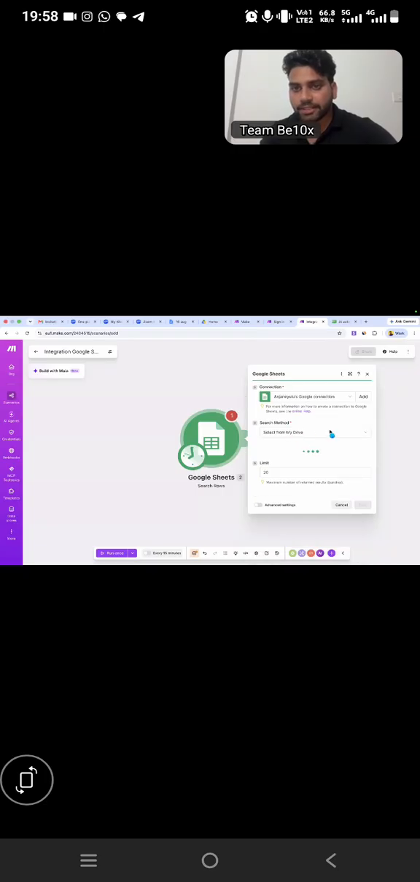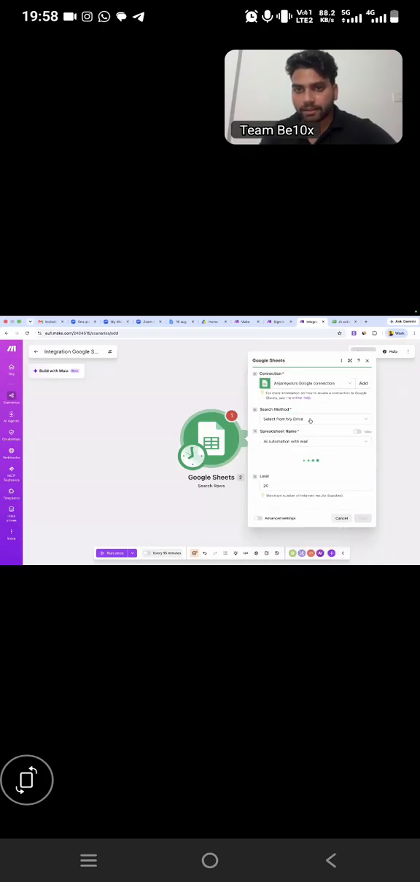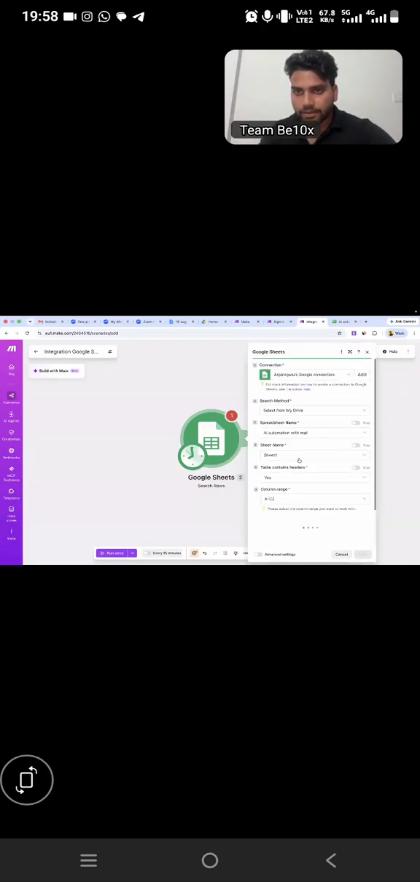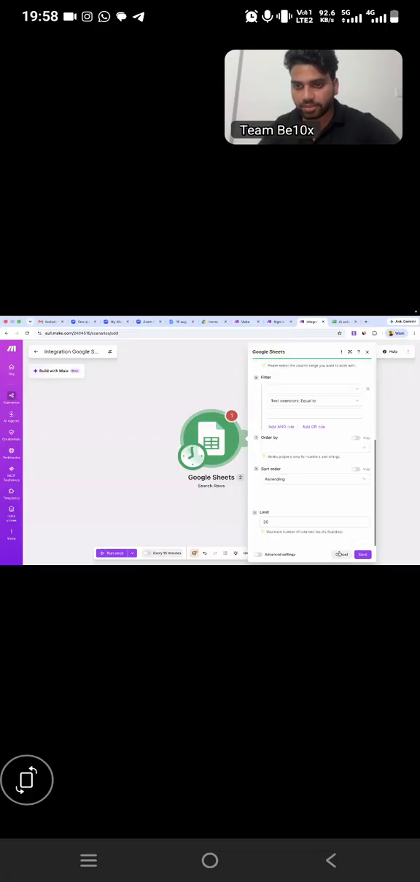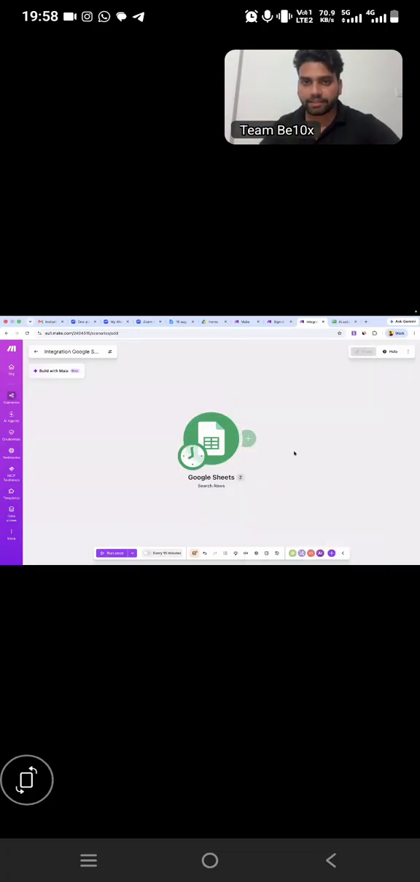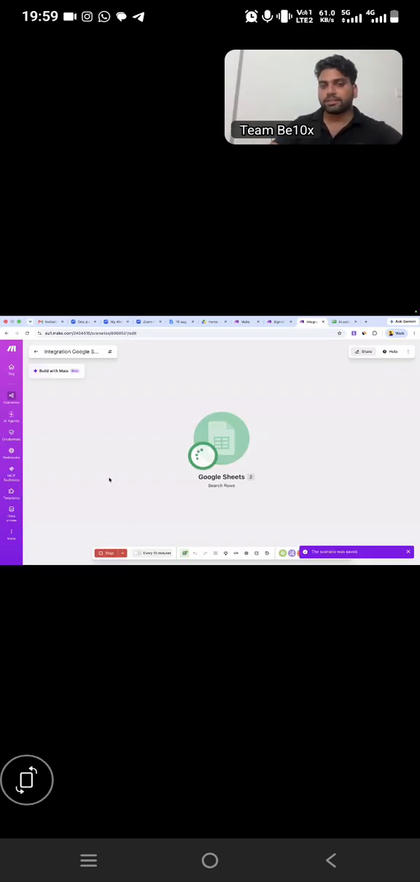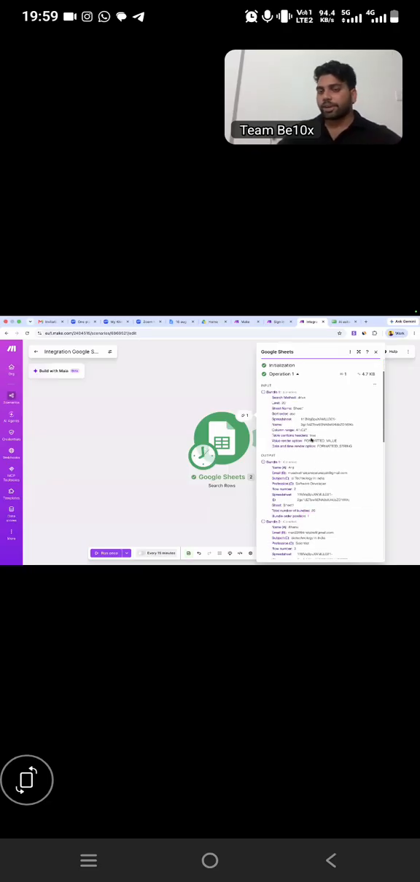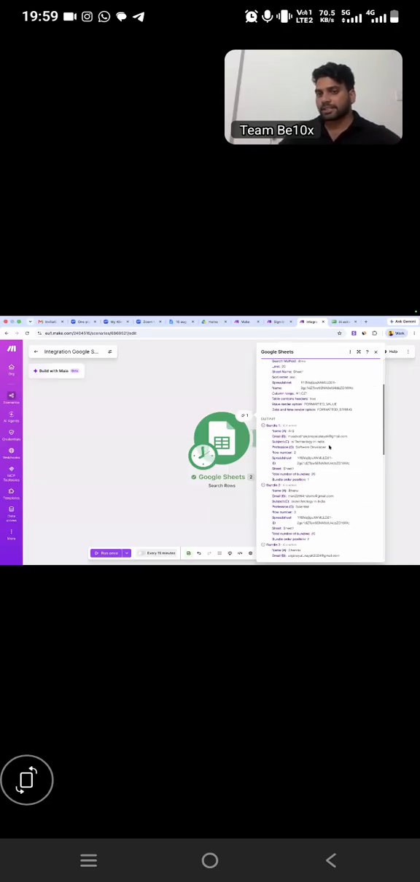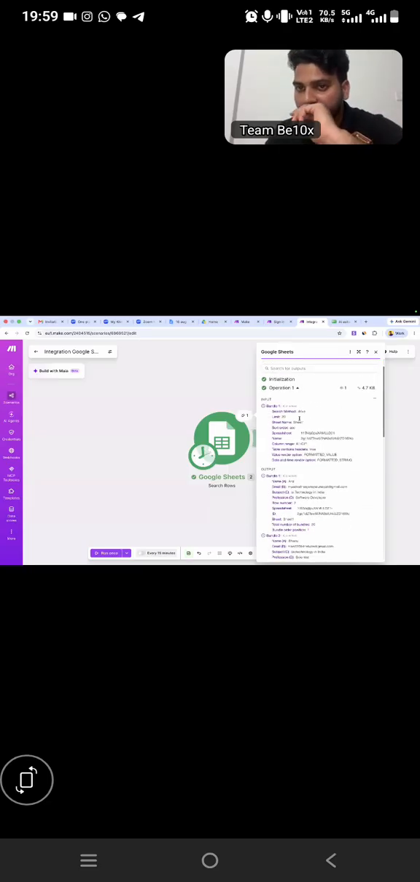So what I'm doing is the automation sheet, yes, the filter, no need, 20, and I made it save. So now it is fine. Now I run once. What it will give is all the emails that it has. Like here you can see